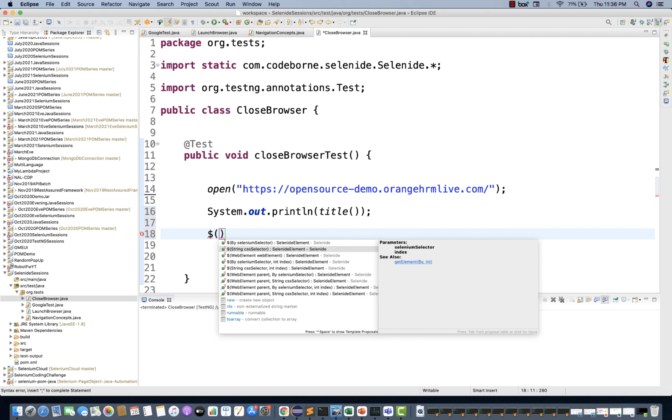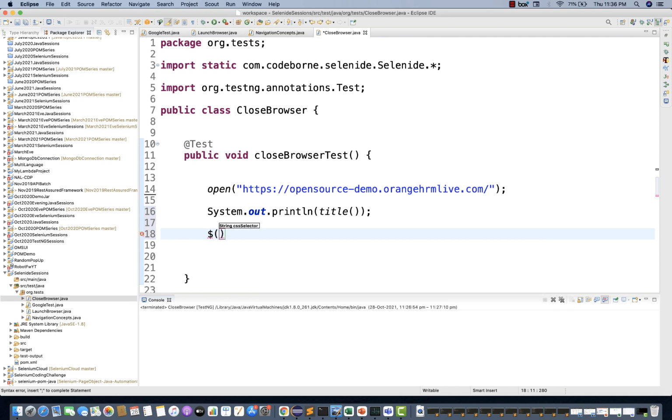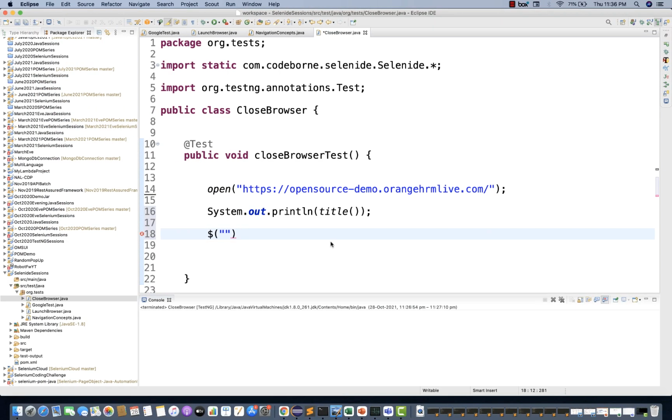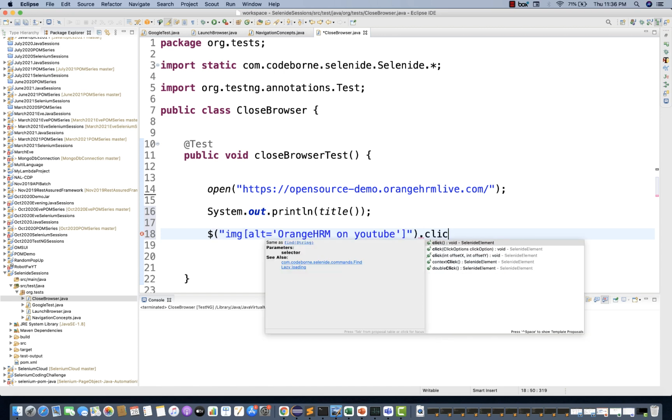So I'll do one thing, let's create a simple string CSS over here, and then the CSS, I know that I can simply use this img tag and alt equal to this, a very simple CSS I can create. So img, and then I'll be writing the alt property is equal to this. That's it. And after that, what we have to do, we have to perform a dot click.